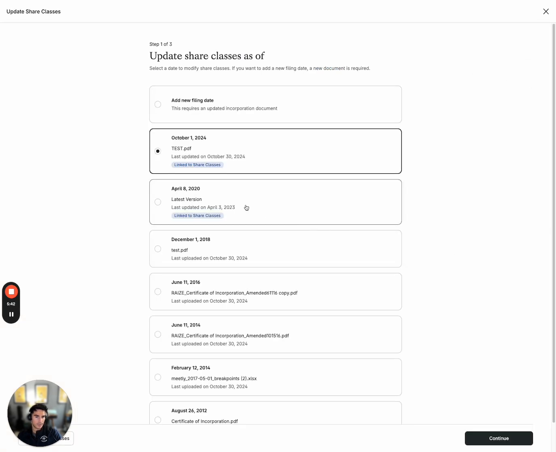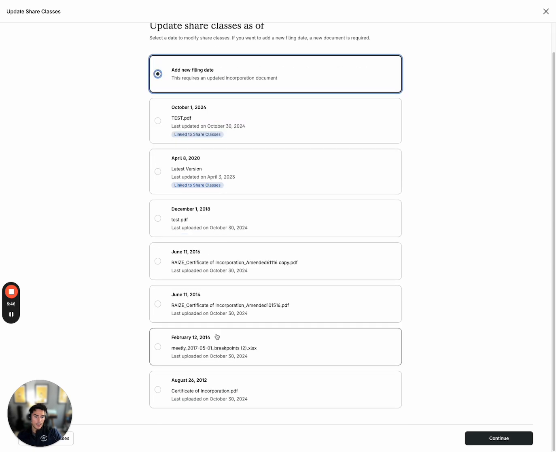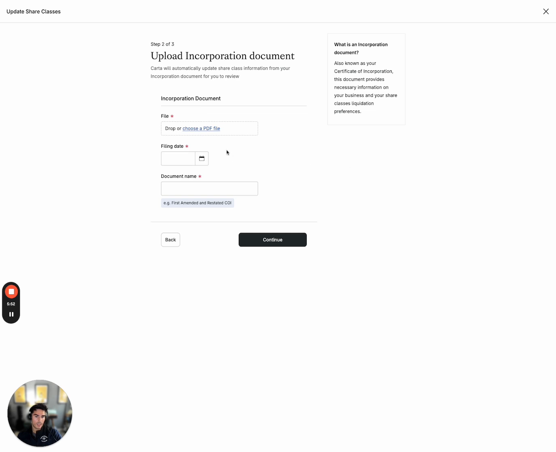Let's see if this works. It's going to probably require me to upload a file. So say we have a new price round. I don't want to drop in a new file. It's pretty straightforward. It's going to allow for you to create the new share class, drop in your articles of